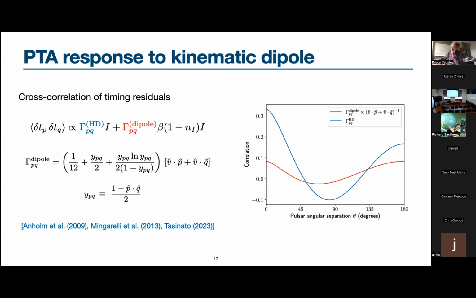So will SKA have the luxury of being able to pick the pulsars that it wants to? I cannot say anything about that yet. I'm not a member of SKA, but I expect that next year there's a big SKA meeting in which they will discuss gravitational wave science as well, and things might become clearer after that, both related to the number of pulsars that could be used for gravitational wave science and all of these related issues.